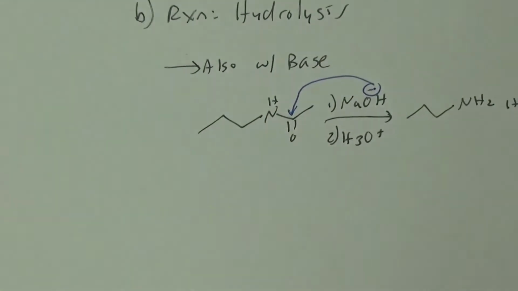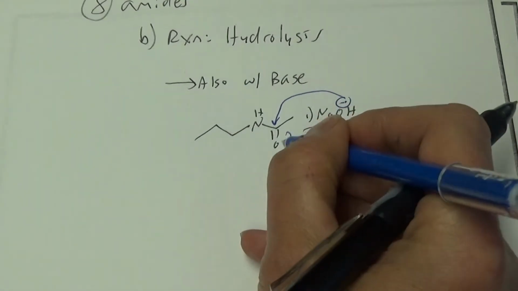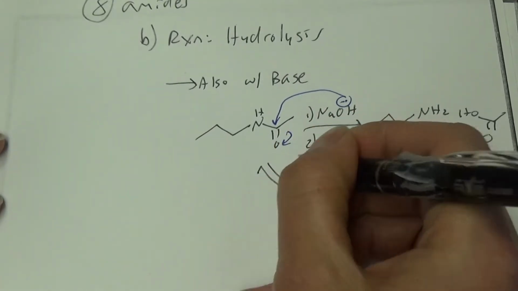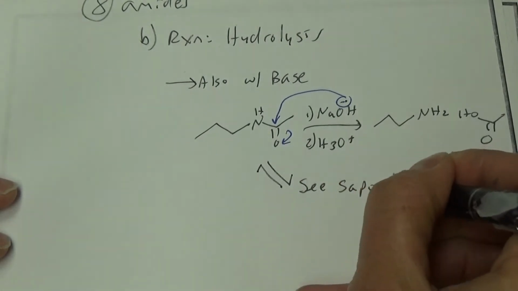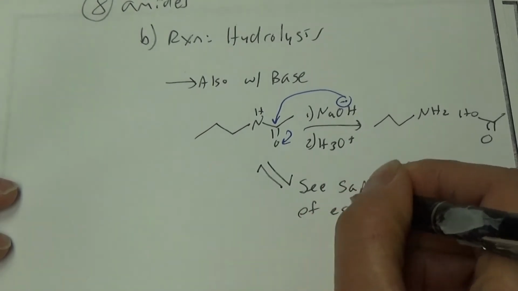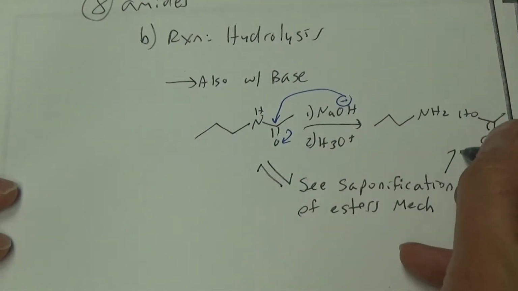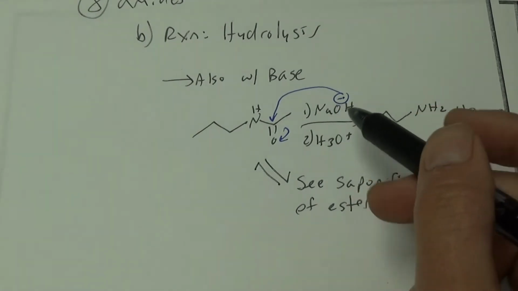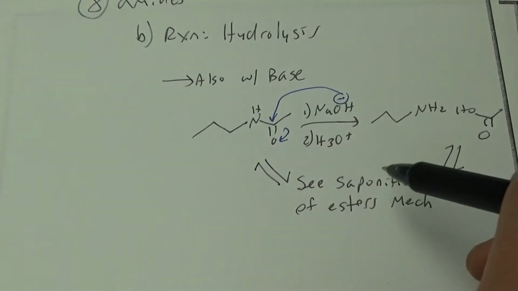It's like saponification of an ester, where sodium hydroxide attacks and electrons go up. I'm just going to say it's the same exact mechanism as saponification of an ester. It's not what I consider an exciting mechanism, so probably not something you're going to see on the quiz. But if you want practice, this attacks, electrons go up, then the electrons kick down and kick off nitrogen, and then